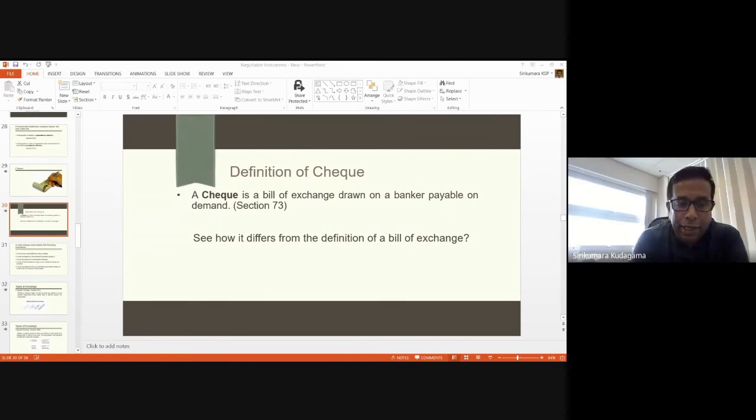and recheck other elements. Now you see that bills are different from checks. All the checks are bills, but not the other way around. A check is different from a bill in two aspects. One is the drawee, and the other one is the payable time, right? That is why we can say that checks are a kind of a subset of the broader set called negotiable